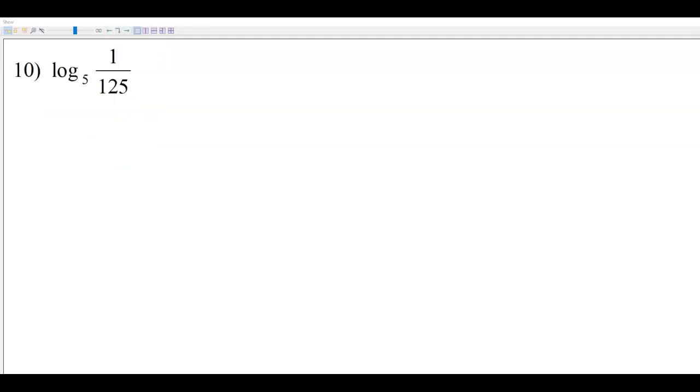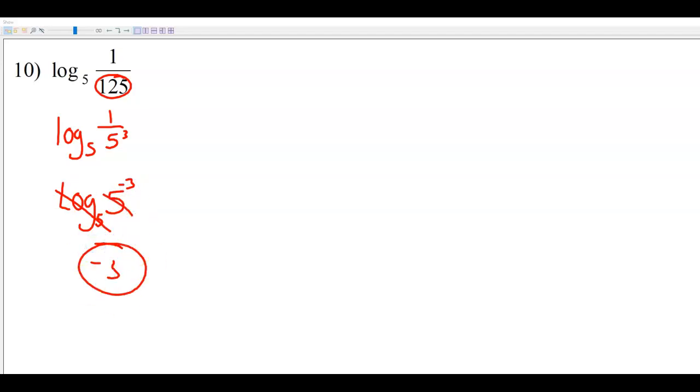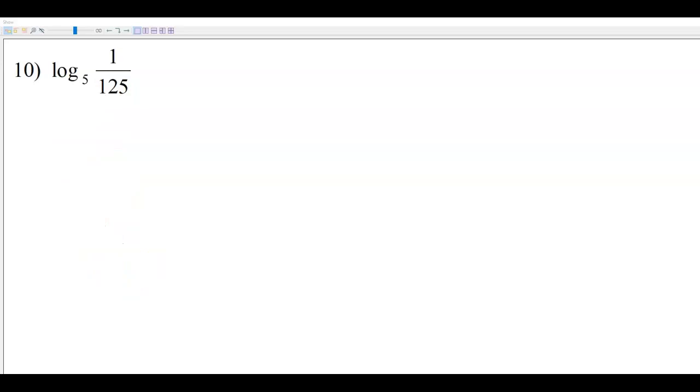Once again, you'll notice that I can rewrite this 125. I can write that as 5 to the 3rd power. Now I don't like that 5 in the denominator like that though. So we can make it a numerator number if I just make it negative. The exponent, that is. And then once again, these are going to cancel out and my final answer is -3. Number 12,